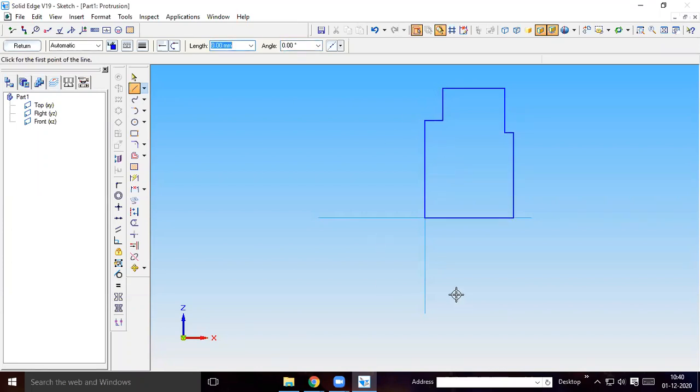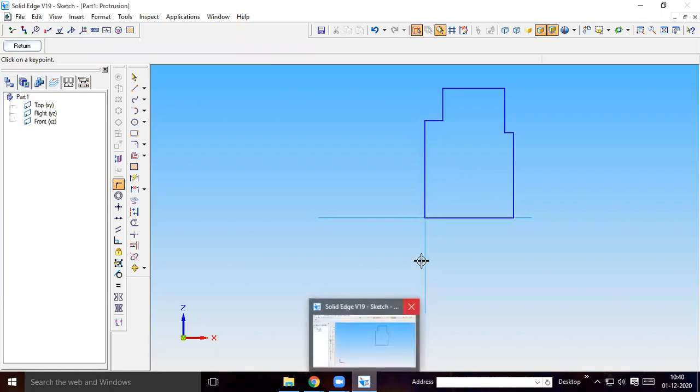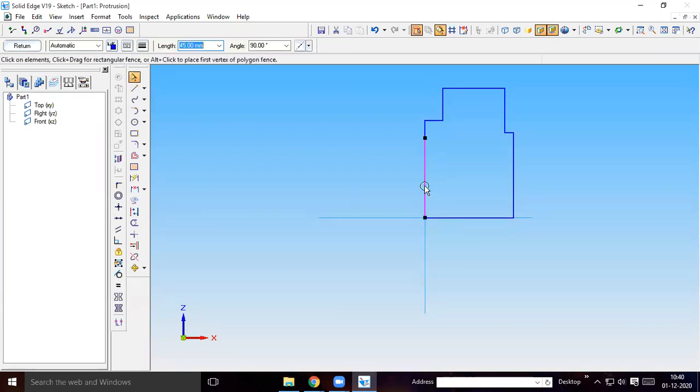Like this, you have to create a profile. Make sure that the starting point and end point are connected. See, earlier it was not connected. So I used the connect command to connect the starting and end point. Is it clear? What I used here is first 45.